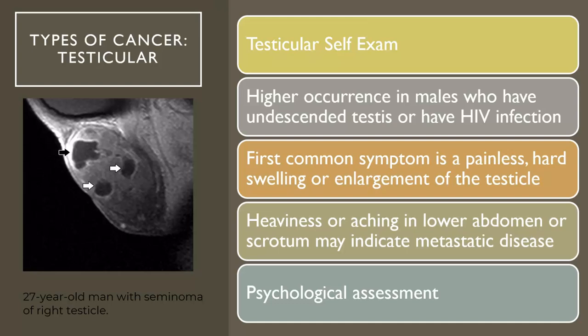Your book says that it is typical onset like late 20s, early 30s. However, I have seen males come in their late teens with testicular cancer. Those patients are typically more so related to the undescended testes. Remember, they have that body image that they're fearful of losing their testicle.